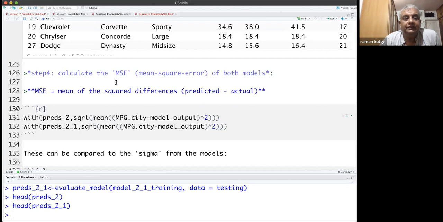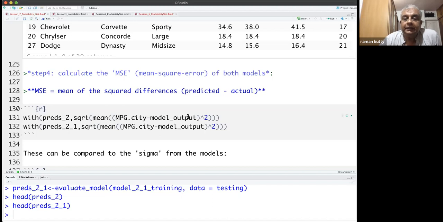Then step 4 is to calculate the mean square error of both models. Mean square error is the mean of the squared differences, that is predicted minus actual. The predicted is what is known as model output, and the actual is the actual mileage for the same row, same object, same observation.